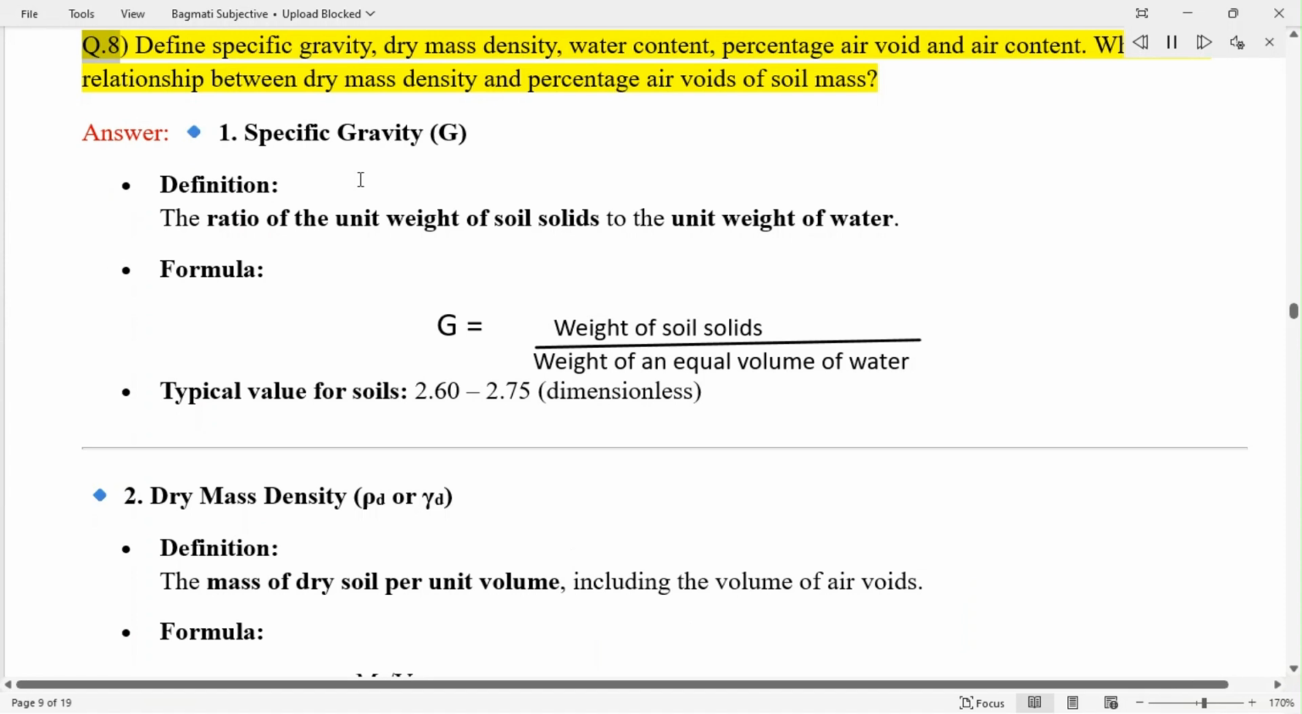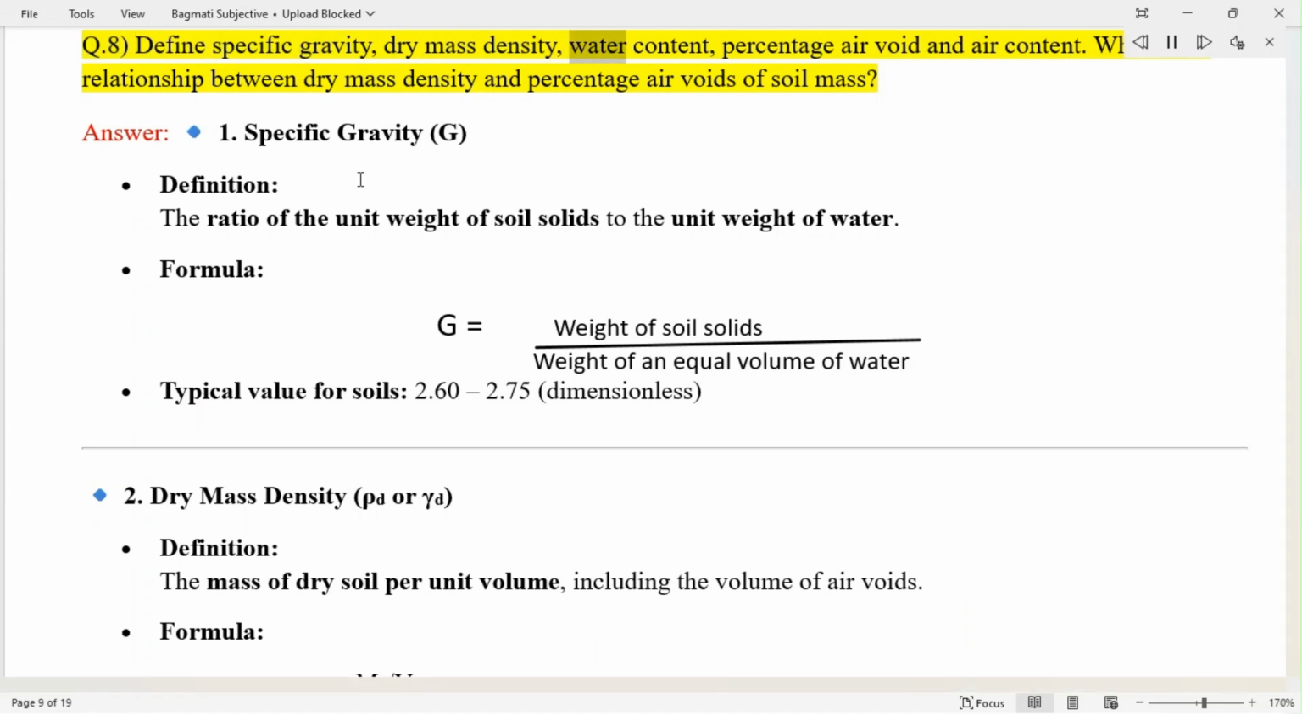8 marks. Define specific gravity, dry mass density, water content, percentage air voids and air content. What is the relationship between dry mass density and percentage air voids of soil mass? Answer: